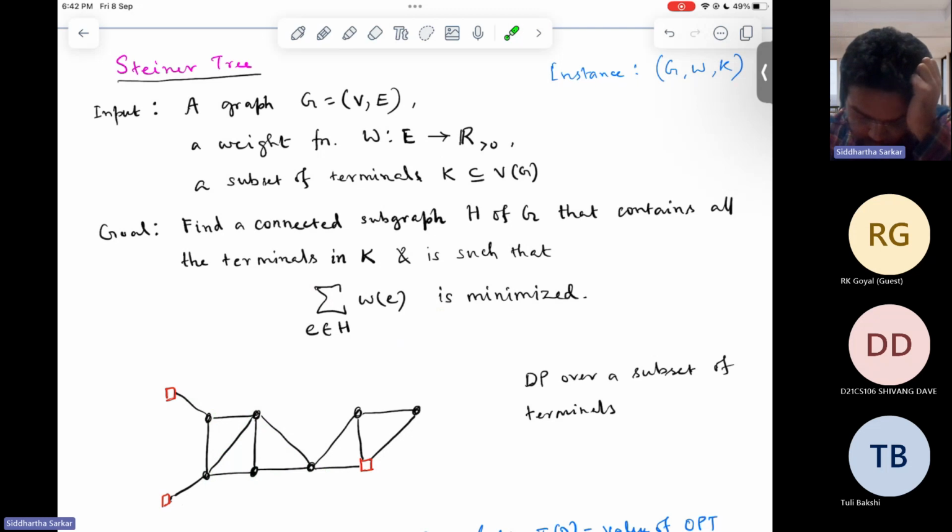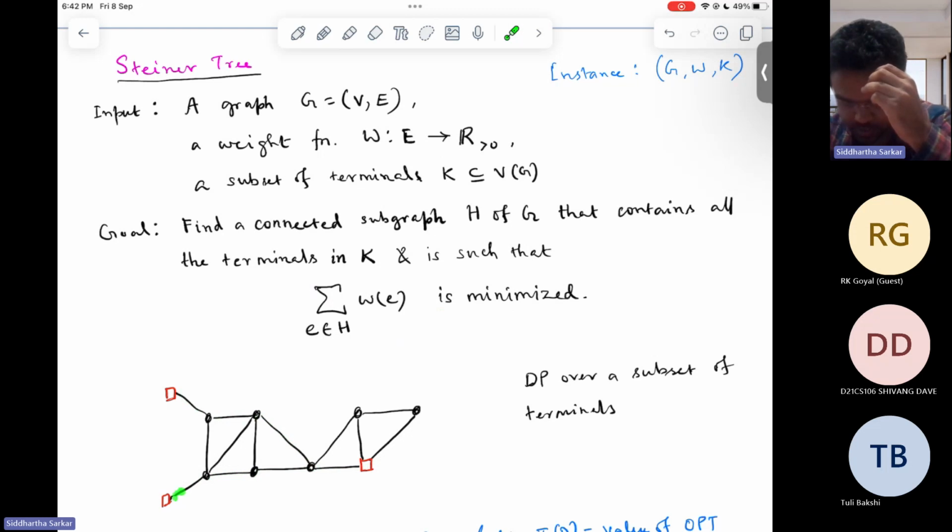And your objective is to make sure that there is a connected subgraph connecting the terminals, and you want to choose this subset of edges. Okay, maybe you want to make highways such that your